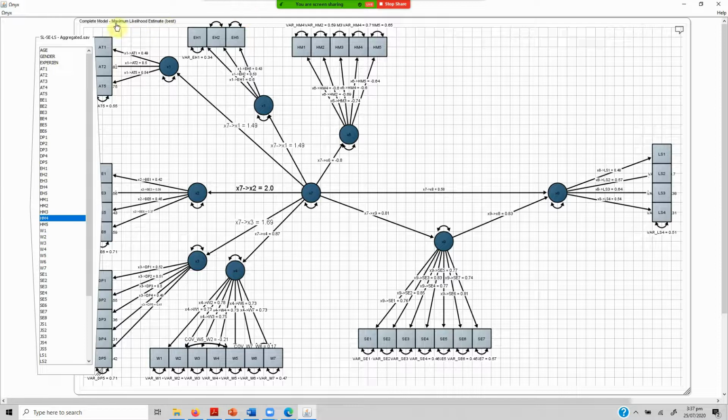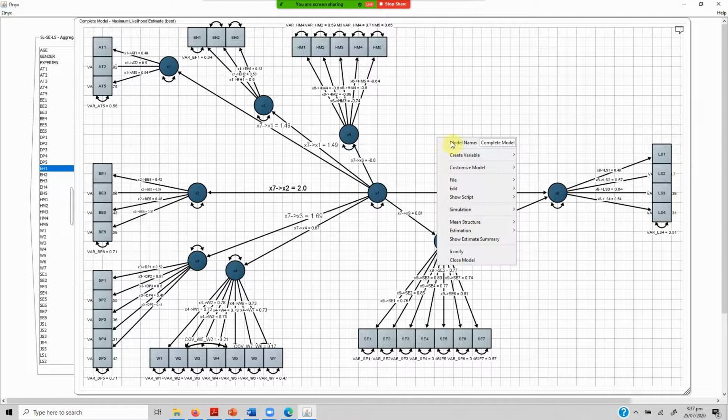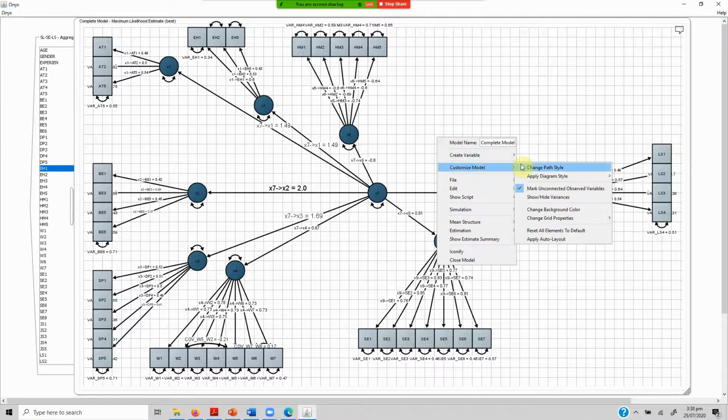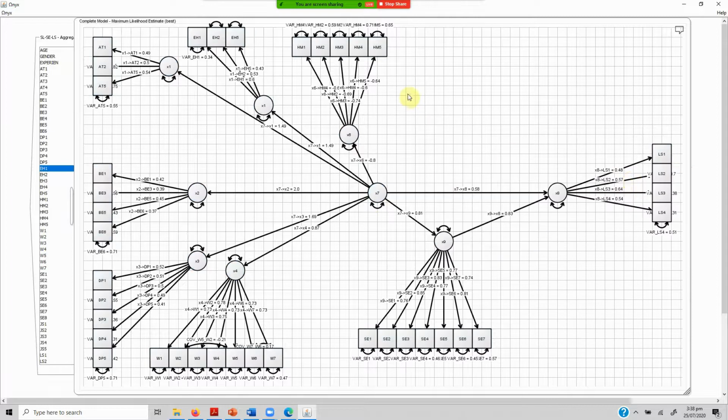And it has got the maximum likelihood best estimate. And in here what I did was, this is your second order construct, your SL. In order to make it clear, what you can do is customize your models as well. Apply diagram style and let's say go for default. So this is your default, and all these are your second order construct,